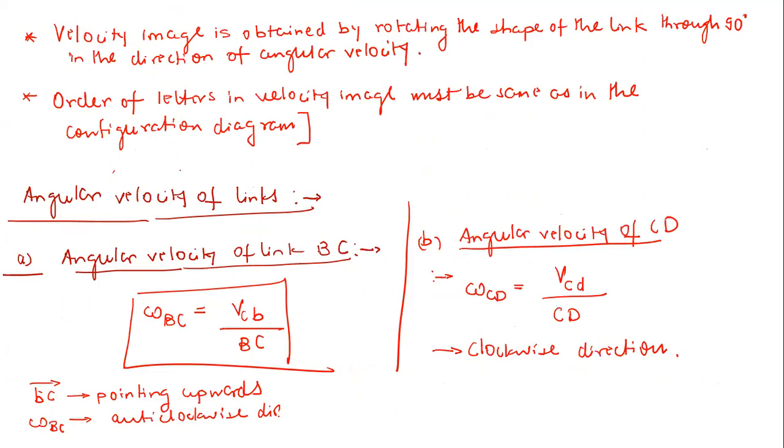So I think most of the things are now clear. Now there is one more important thing, but I am giving this task to all of you. I'm not going to discuss this here. This task I'm giving to you: velocity of rubbing. It is asked in many competitive examinations. This is a very simple concept. Just think about this. What is this velocity of rubbing? You can find this in your SS Ratan book also. So this part I'm leaving to you. If you have any doubt, you can ask me, but for now you can do it yourself. Just try to figure out what this is and how we are going to calculate it.